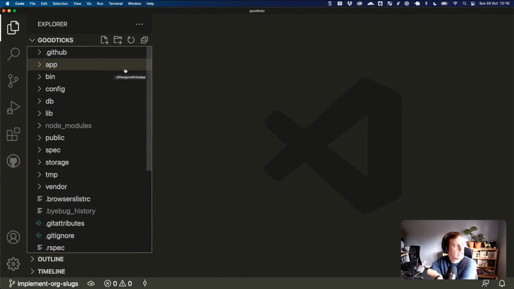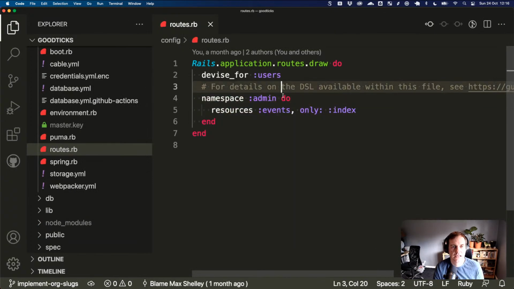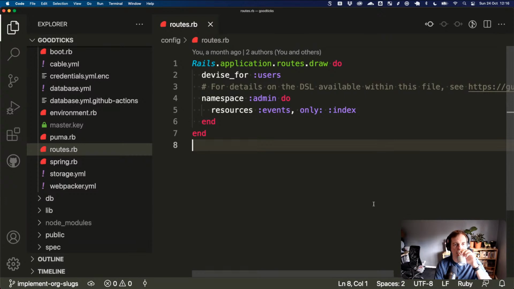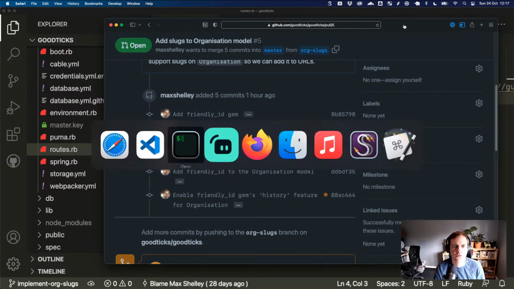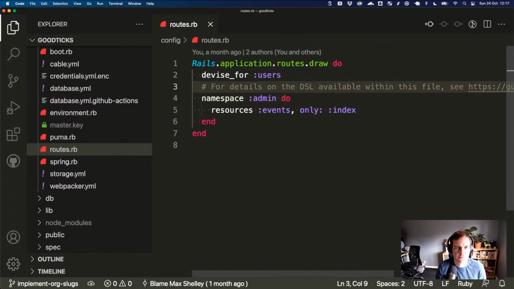So where do we want this to happen? We pretty much want it to happen for the whole admin namespace. So let's go and take a look at our routes and remember how to do this. So in here, do we just put scope in there, or can we just use it as a resource? What I'm trying to get to is, do we have something like